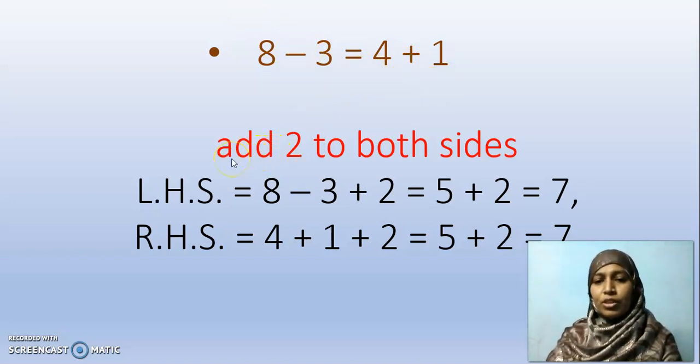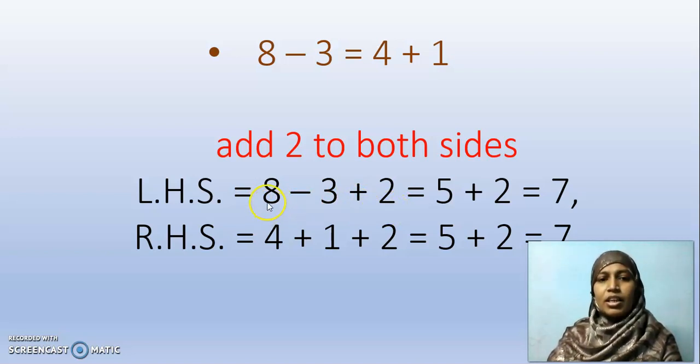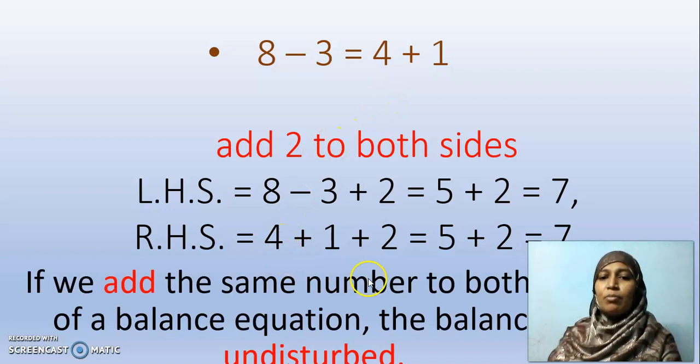Now what I am going to do is add 2 to both sides. I have to add 2 on both sides. What is there in LHS? 8 minus 3. If I add plus 2 along with this, I get 8 minus 3 is 5, again plus 2, I get 7. Similarly, if I add 2 in this right hand side, 4 plus 1, 5, 5 plus 2, 7. See here, is there any change in this equation after adding 2 on both sides? There is no change. So, if we add the same number to both sides of a balanced equation, the balance